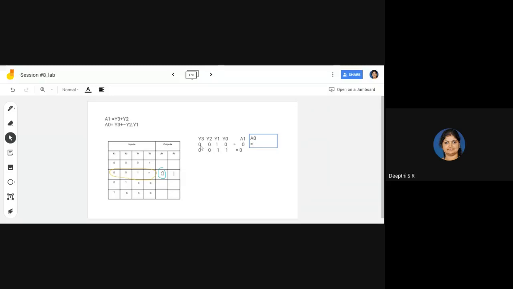So y3 is 0 here, and you have NOT of y2 and y1. So y2 has 0 value, so NOT of y2 is 1. So 1 is ANDed with 1, so the output is 1. That one is ORed with y3. So the output is 1.